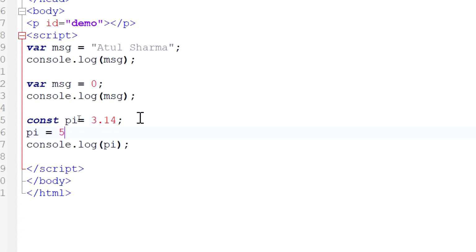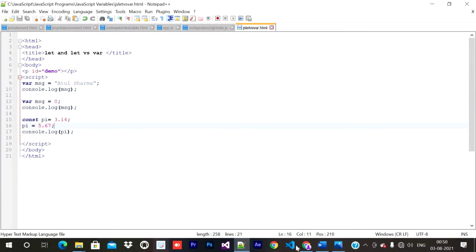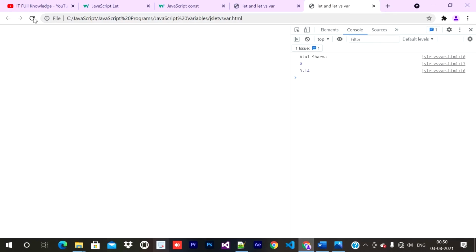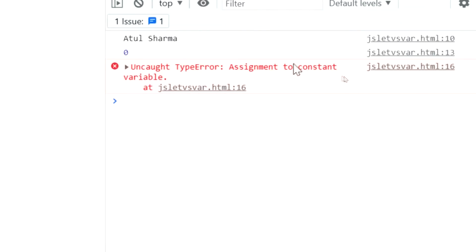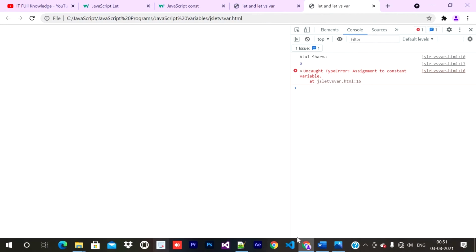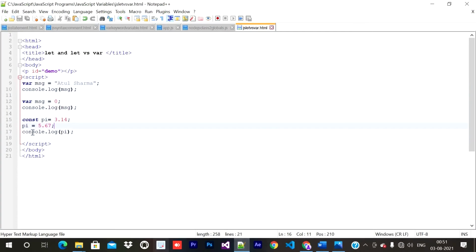We are changing the value of pi. What will happen this time? An error will come: Uncaught TypeError, assignment to constant variable. Because it is a constant fixed value, you can't assign a value to it, or redeclare it. You can understand it like that, because it is constant.